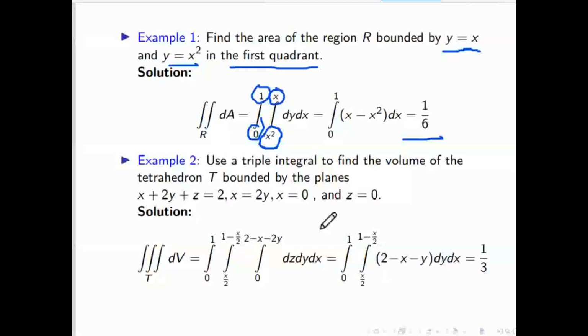Yes, sir. X equal to 0 is which plane? YZ plane in 3D. Z equal to 0 is XY plane in 3D. So I will draw this picture, and then based on that, we will be able to identify whatever limit is written. Once you get the limit, then doing integration is very easy and you will get the answer. So the main task is to draw the region correctly.